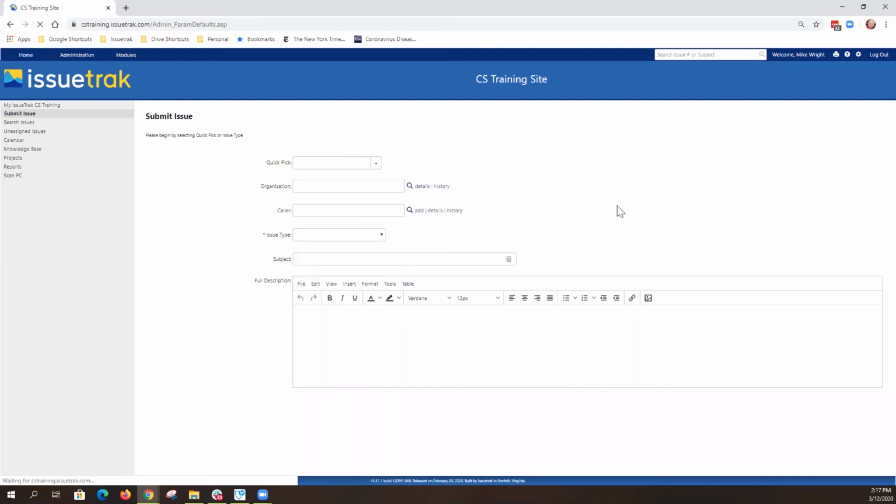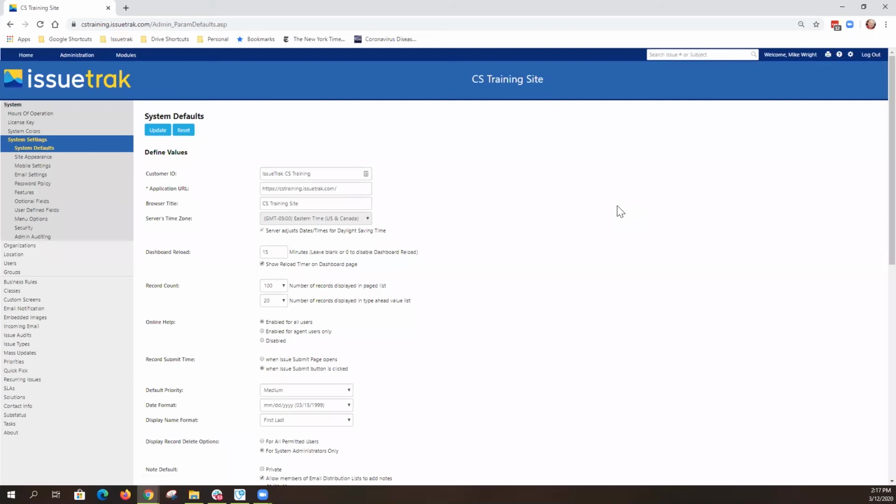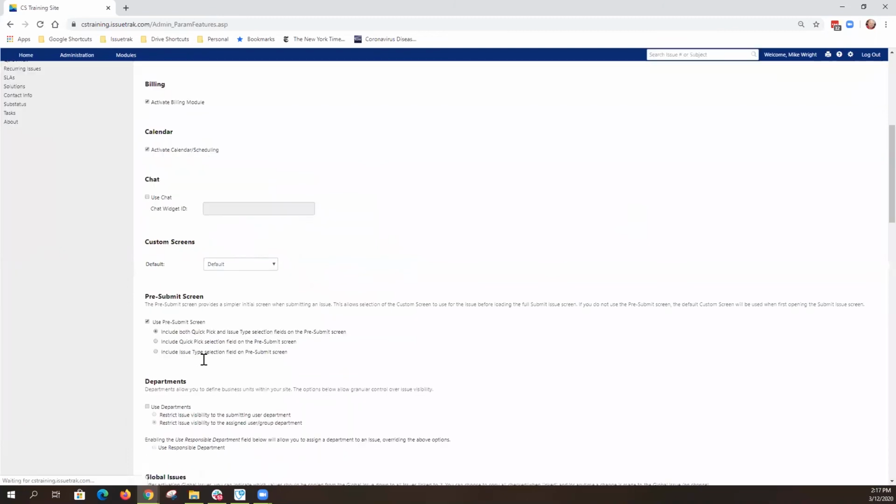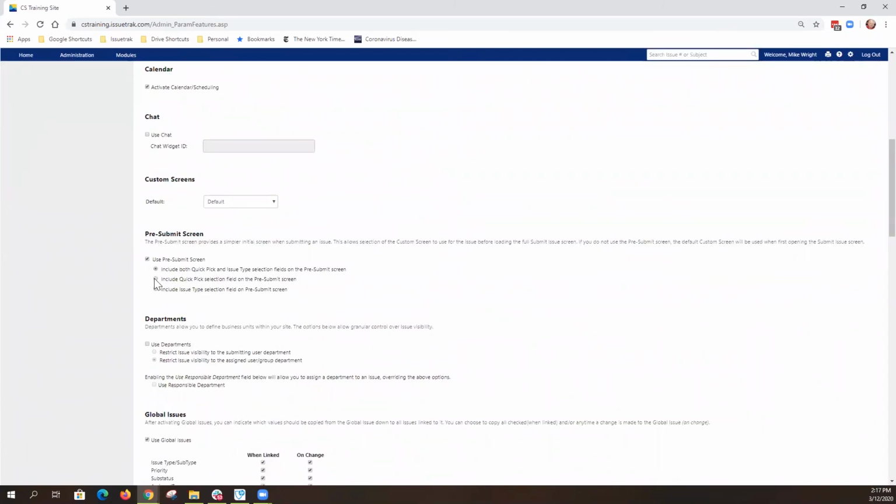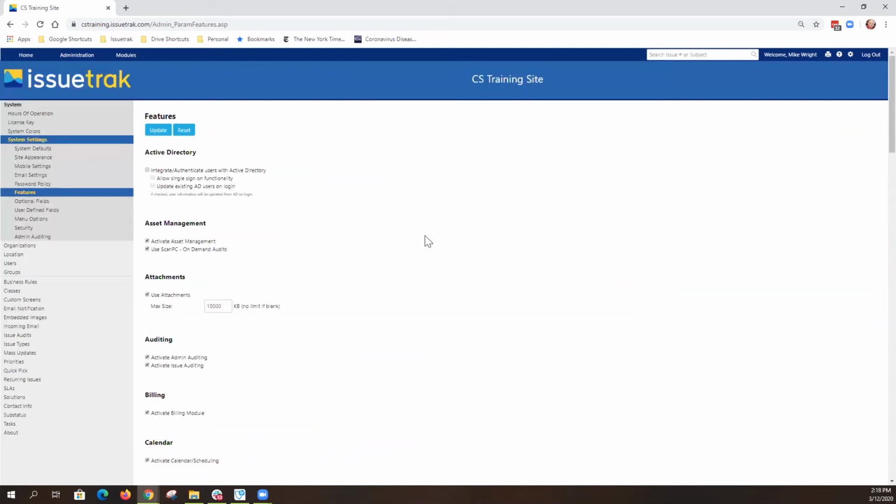Now, what happens is some people will submit instead of a quick pick, they'll go to the issue type and select it. And what happens is they forget things, they don't add the process, things get missed. So what we do is we go to the features capability again, and we change the option to include the quick pick field. Now, if you don't have the permission to use quick picks, you can't submit an issue. So you have to make sure that all of your users can use quick picks, or you're going to get a warning message when you go to that page that says you can't submit any issues because you don't have permissions to use quick picks, because that is a user permission. So I do update,